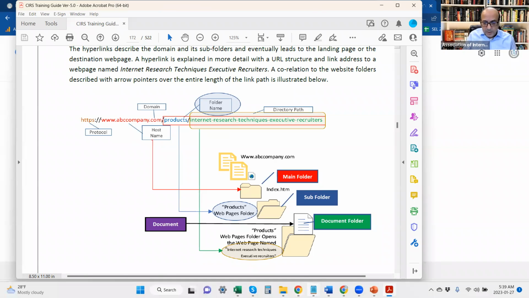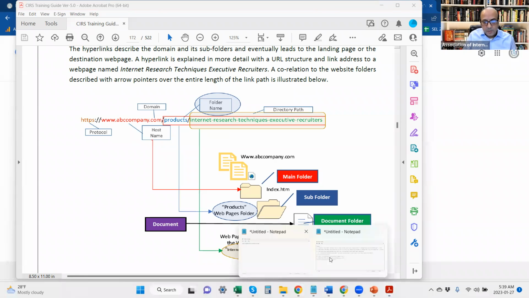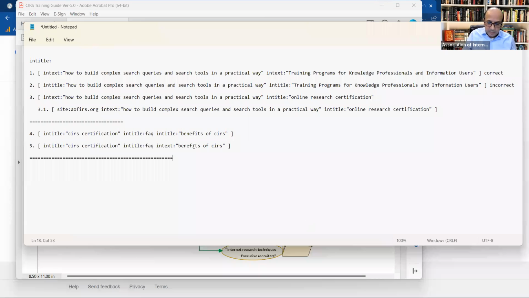If I have to explain it even better, I'm going to have to create an example to show you what I'm talking about. So inurl